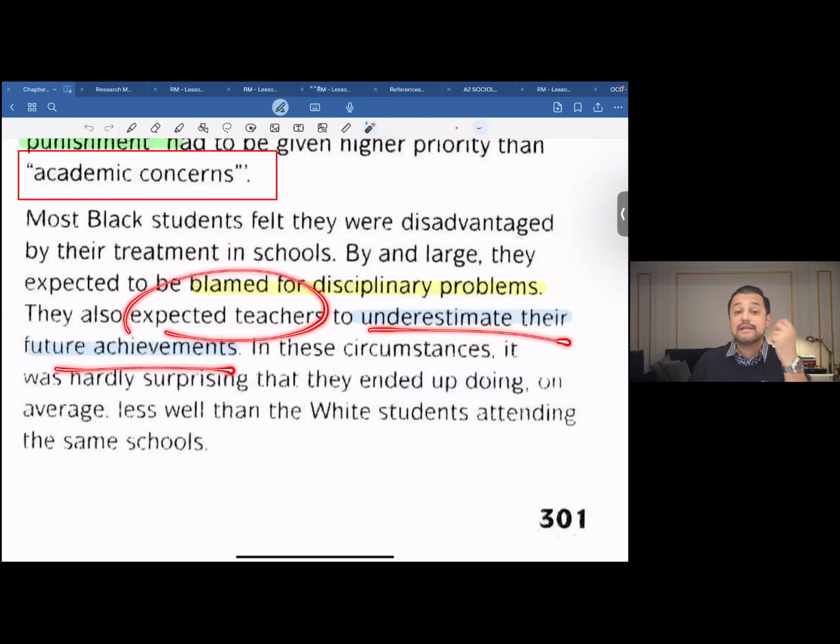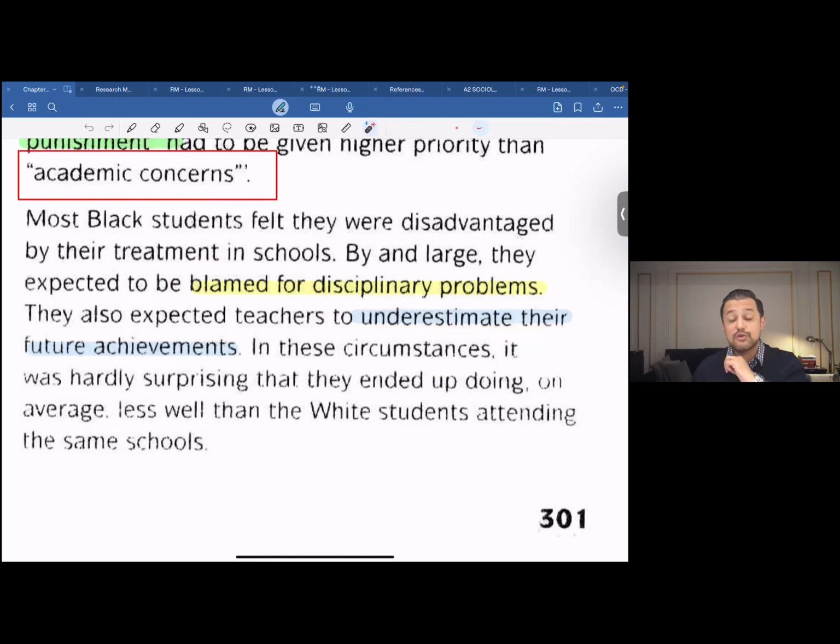Now, teachers underestimating the future achievement of a particular group. Of course, if I may remind you of the self-fulfilling prophecy, if teachers are not really expecting good from a particular social group, the likelihood of that particular social group not performing well is always there, according to the self-fulfilling prophecy, at least. So in a nutshell, we talk about the study that was conducted by Gilborn and Youdell in